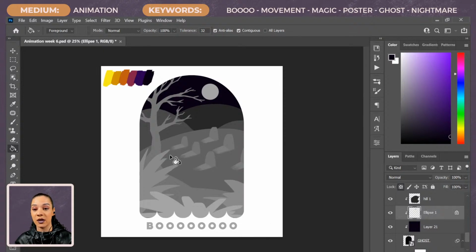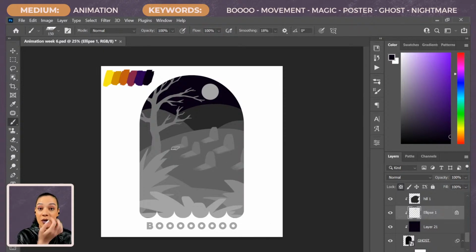Lock transparency is really cool. And I like to use lock transparency now more than ever, because you folks know that I really love to use clipping masks. The only problem is if something is already a clipping mask to something else, you can't make a clipping mask to that. It's just gonna add it into the row of things that are clipped. However, if you're confident in what you intend to do with that element, you can lock the transparency and paint, and it will paint only within the borders of whatever is on that layer. So whatever I paint in here is never going to go out of the lines or out of the borders and boundaries of what's on that layer.